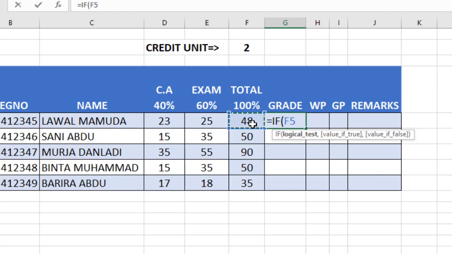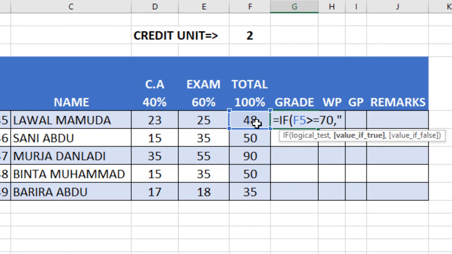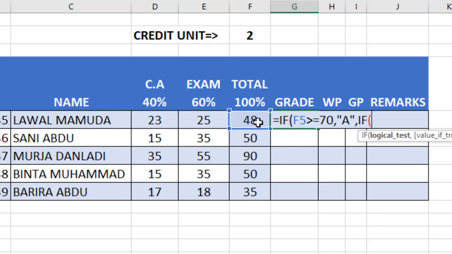The total here is greater than or equals to 70, then put A. If not, check again using IF, open bracket, the same place is greater than or equals to 60, then B, else if,